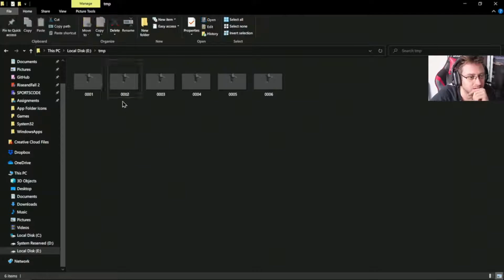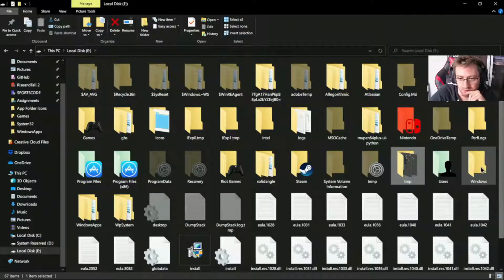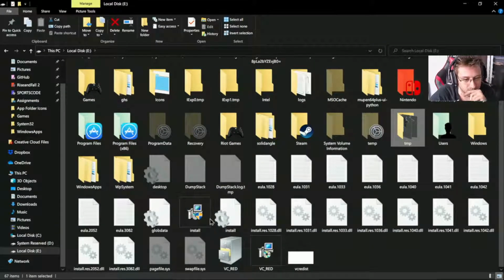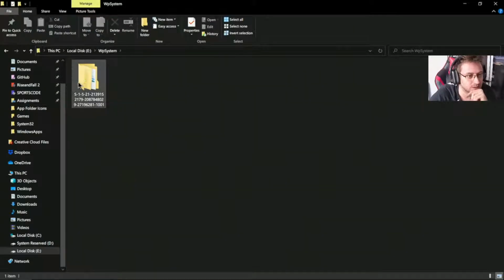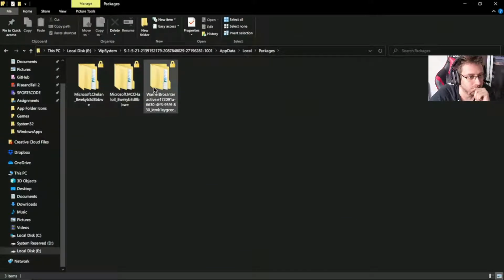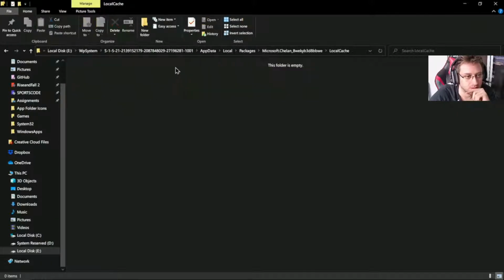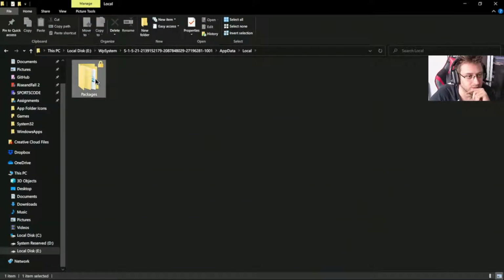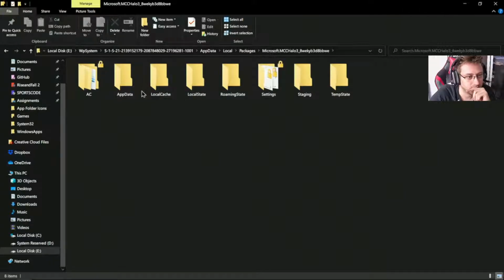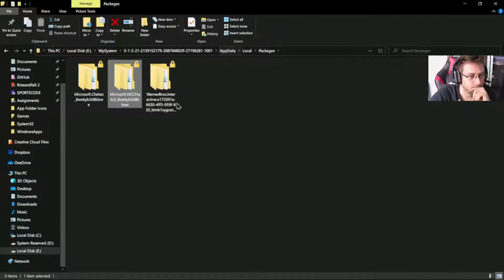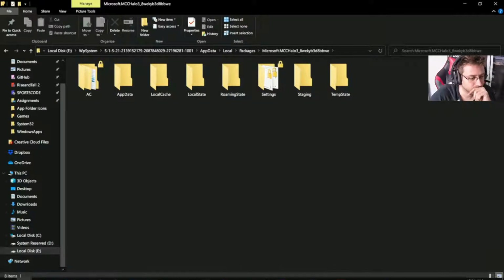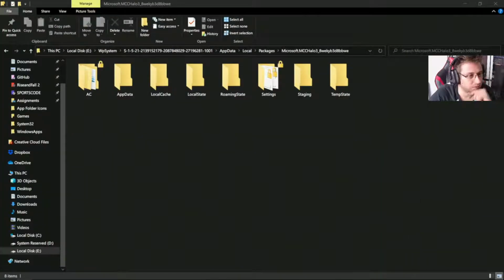These TMP? Are these just screenshots that got saved? And a bunch of EULAs. WP system, app data, local, packages. Oh yeah, I think this is where the games are actually stored. Local cache, local state, temp state. I mean, some of these haven't been run. And if that folder is actually